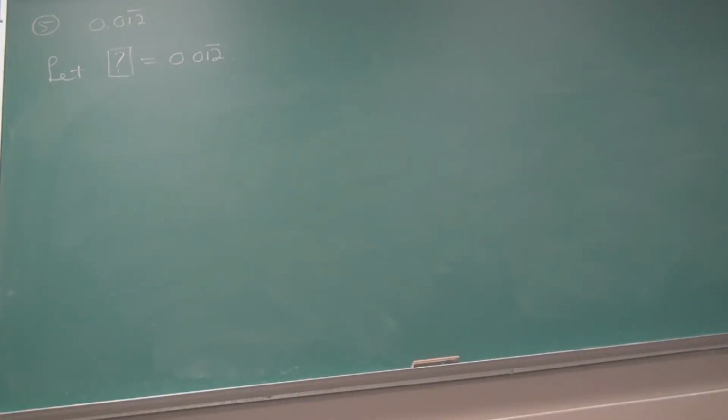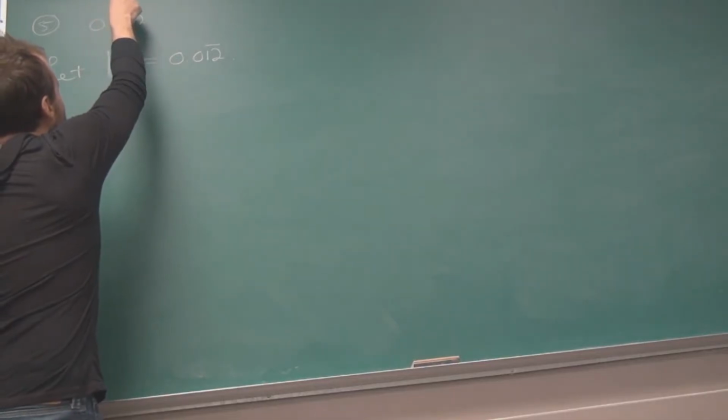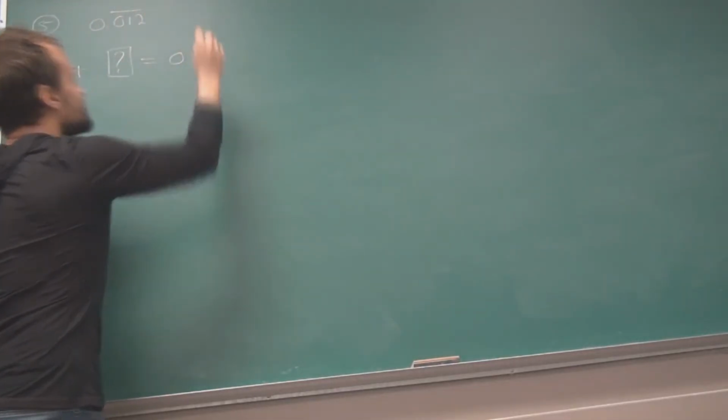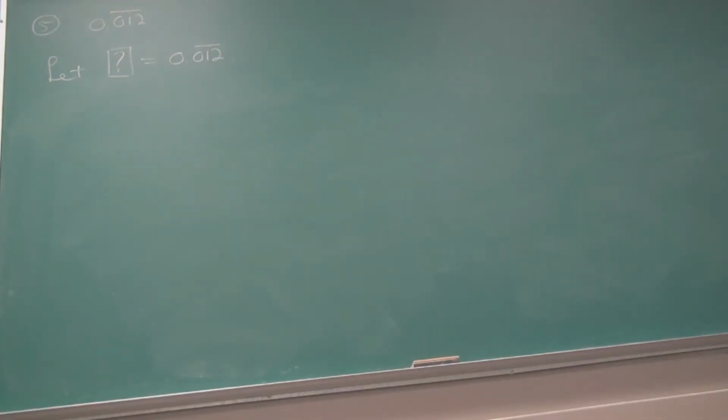Yes? Are you doing the same one as in the book, or are you... Did I not write it down right? Sorry, didn't write it down right. I was trying to do the same one, yes. Sorry. I have to get the repeating portion right, yes. Although the one I did have would have been a good one to do. We should maybe do both. So in that case, the 0, 1, and 2 are all repeating. Yeah, it's a good one to do the other one. We should do the other one.